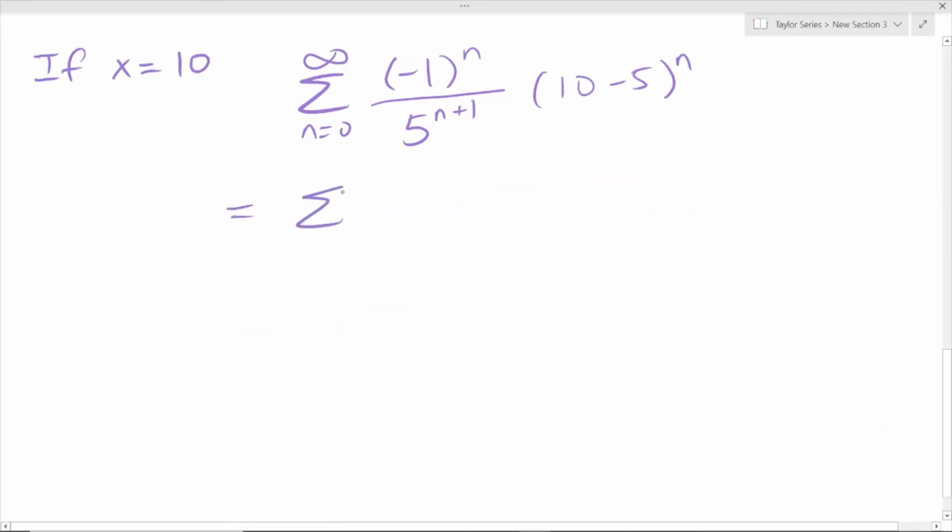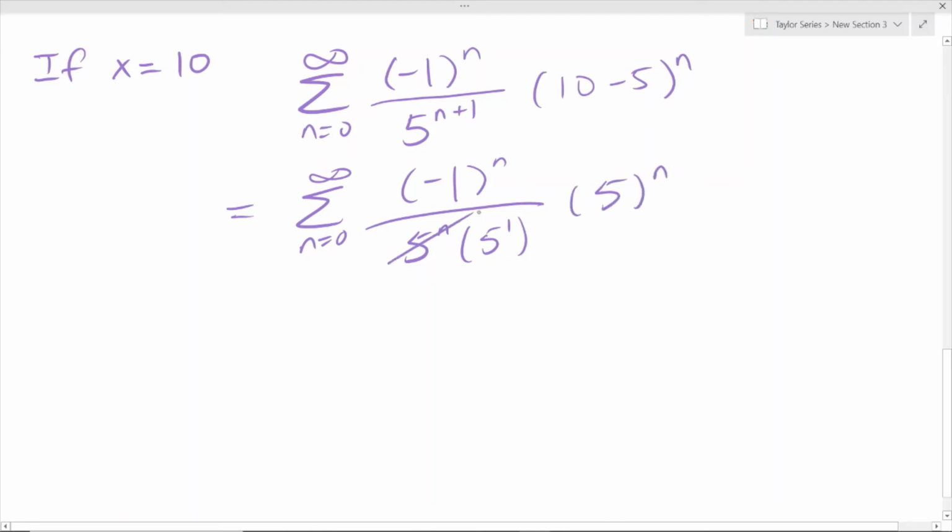So the sum from n equals 0 of (-1)^n over 5^n times 5^1. Because of exponent laws, you can add n plus 1 and you will get this. 10 minus 5 is going to be 5, and this is to the exponent of n. And then here we can see you can cancel these, and here we will be left with the following: